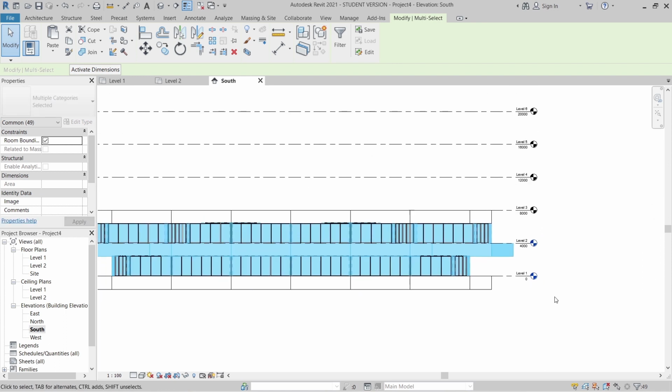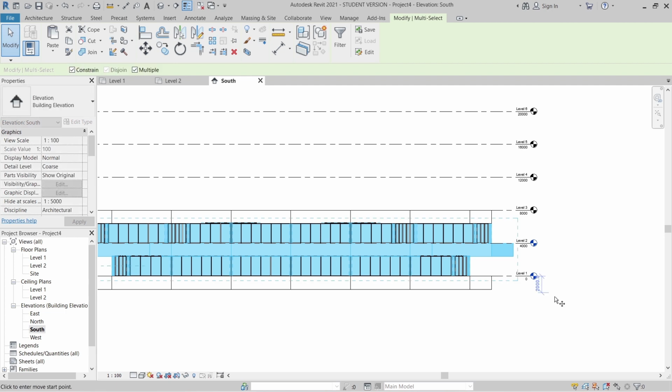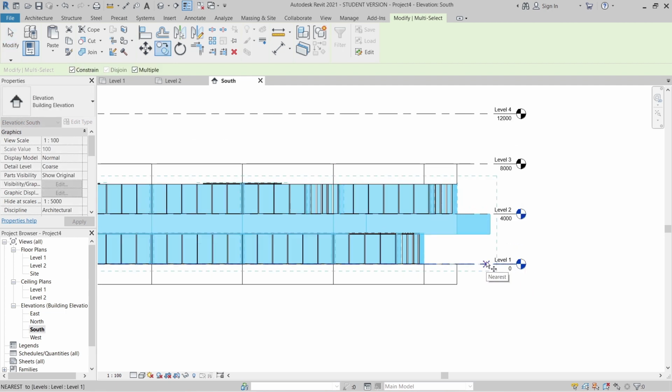Then start CO for copy. Start from unconstrained. Start from here until here. Or you can use copy to clipboard. Depends on what is the best way for you.